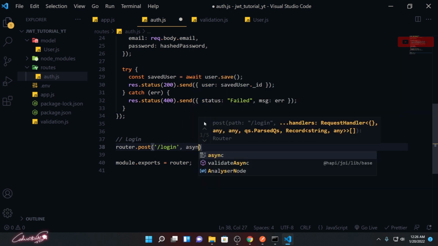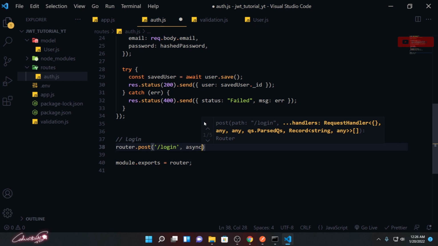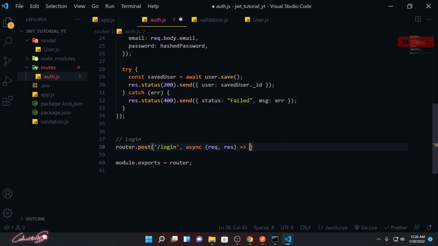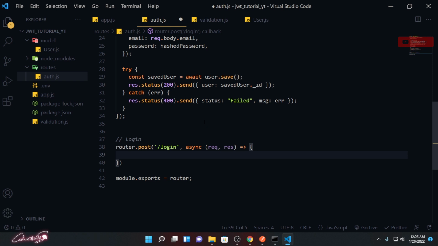It's going to be an async method because we need to fetch the detail from the database, so this function needs to wait. I'm going to pass request and response in the function parameters and open a function.